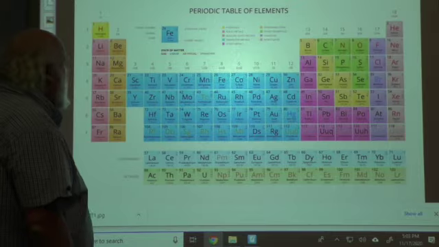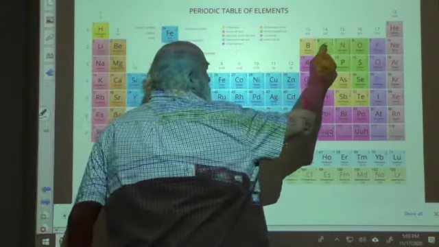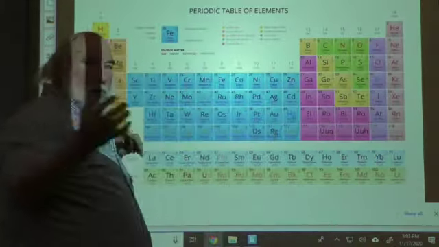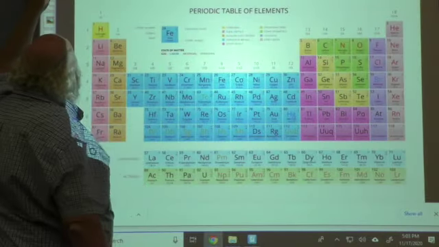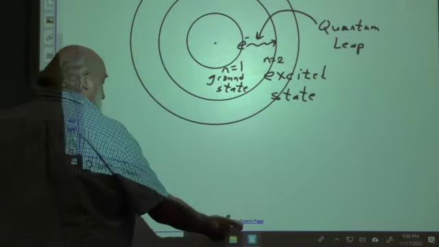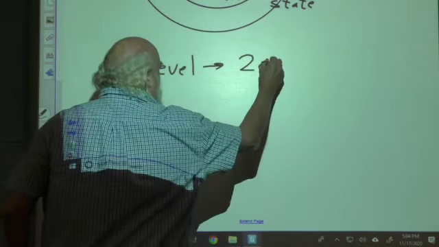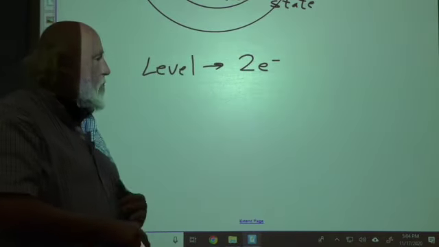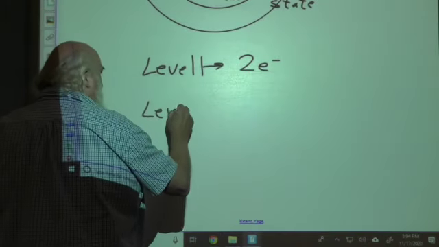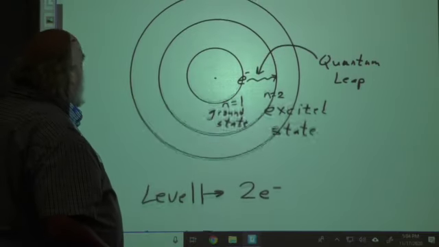The second row, you count the number of atoms we have in the second row. 1, 2, 3, 4, 5, 6, 7, 8. You've got 2 over here and 6 over here. That gives you 8. So let's take a look at that. Level 1, we have 2 electrons represented by the hydrogen and helium. Level 2, we have those 2 electrons